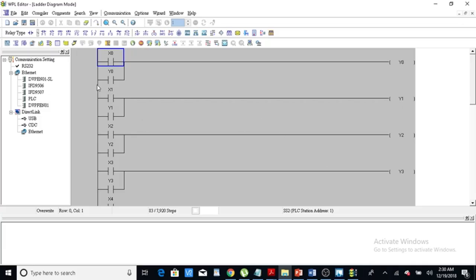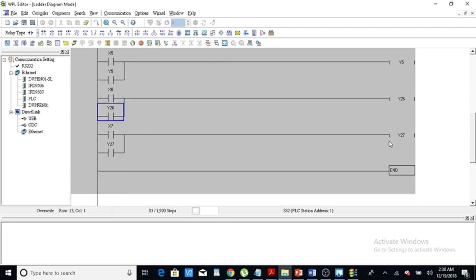So this is the very basic program of this PLC, and you can see here when we input X0, Y0 is on. When we input X1, Y1 is on. S2, Y2 is on, and it is latched as well. So when we give input, the output remains on. This is what we call latch. The same goes for X3, X4, X5, X6, X7, all the other inputs that are present on this PLC,